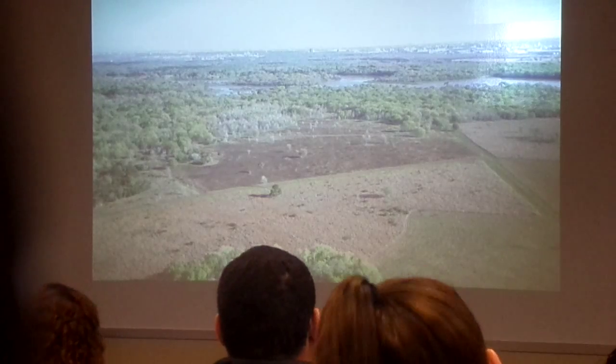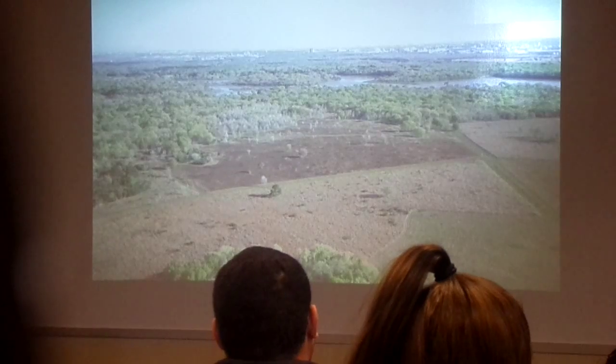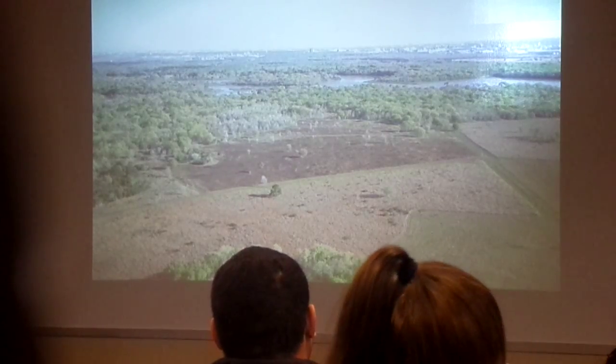If you were a grazing animal, like a deer or a rabbit, you'd look for this new green growth that you see in the bottom right corner. If you're a migrating songbird,